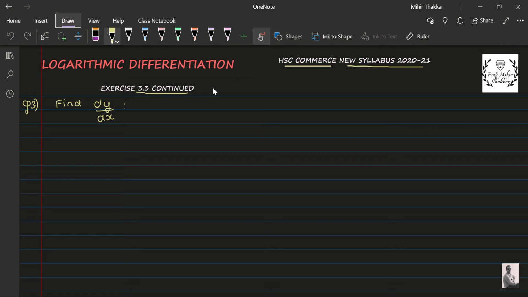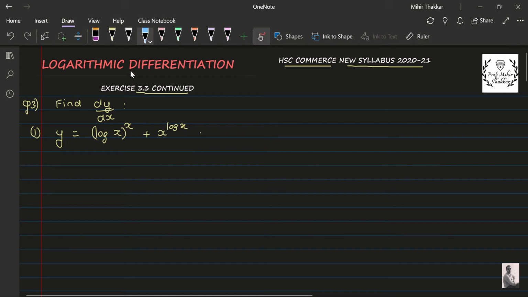Let us start with question number 3. Sub number 1 says y is equal to log of x to the power x plus x to the power log of x. Up till now, all the sums which we did, we used to take the log directly, but here I cannot take log directly, for the reason that I have a property of log which is like this: